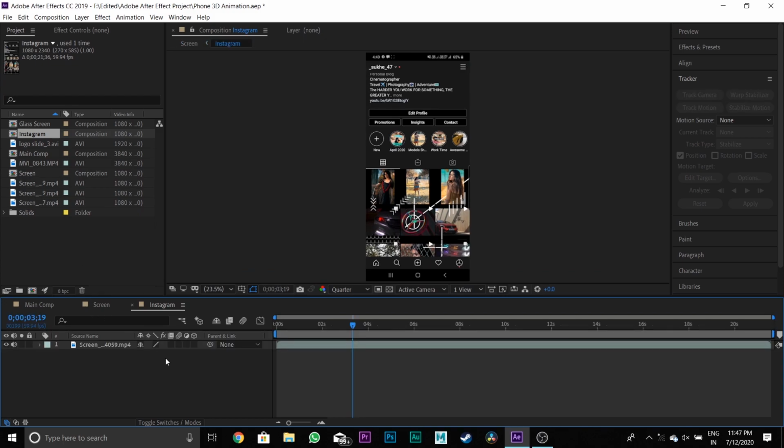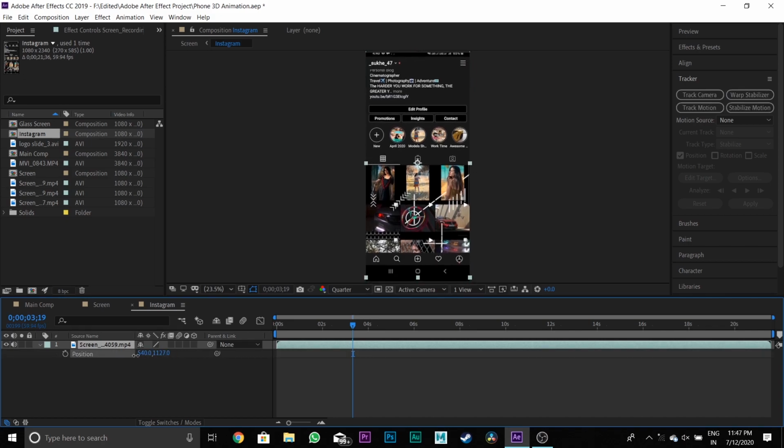Open the Instagram composition and scale it and hide the part which you don't want to see. And do the same on the rest of the compositions.